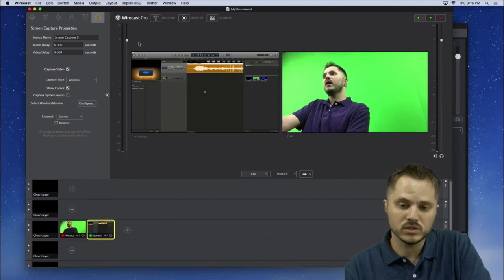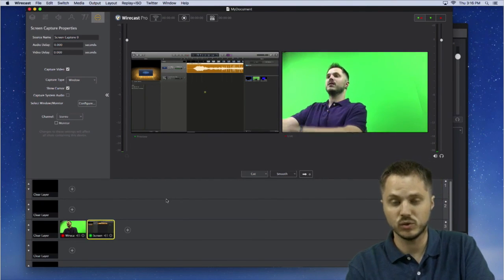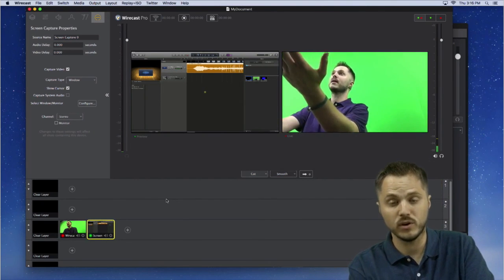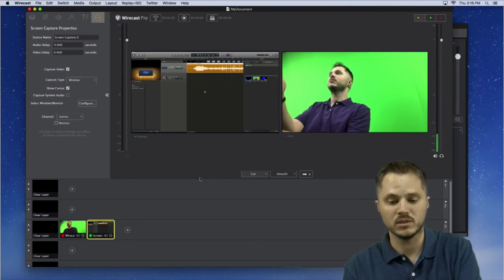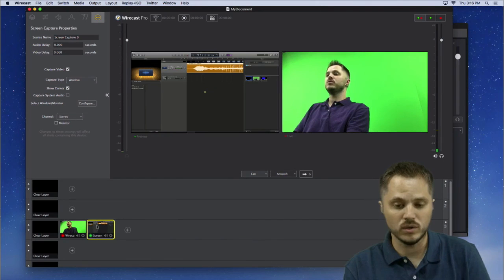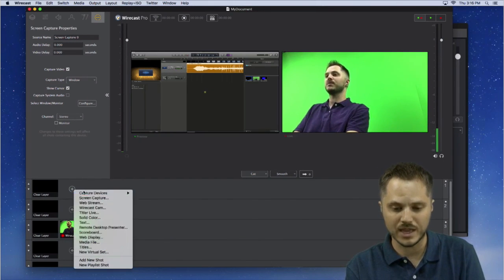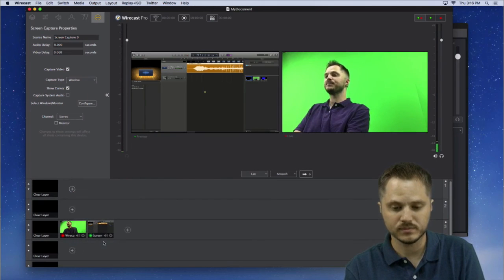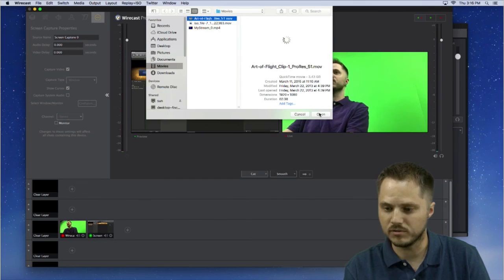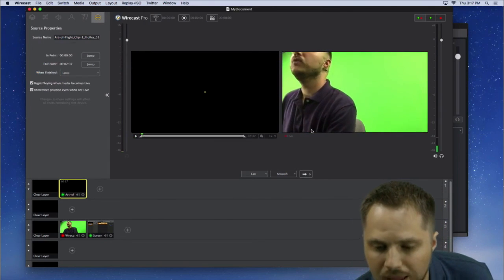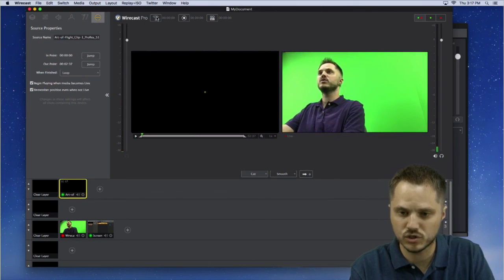The other answer is that if you want to pre-record everything in a screen capture tool, if you're on Mac like ScreenFlow, we make that, or wherever you want to do. If you just pre-edit your videos, then really all you need to do in Wirecast is add one shot to the very top here. You can just add your media file, and let's say it's a movie file, or as we had the Art of Flight here, you could add that in. And when you're ready, you just hit your stream button.